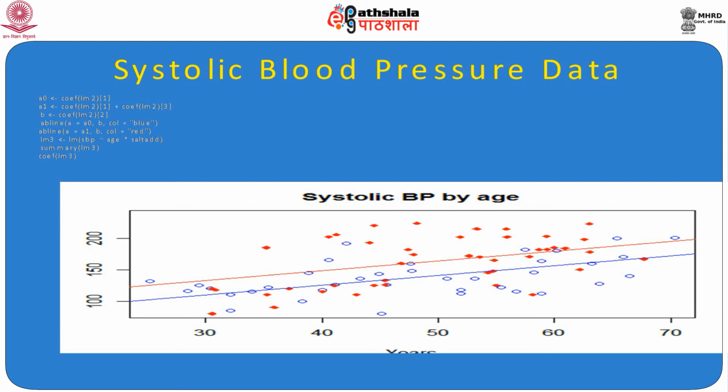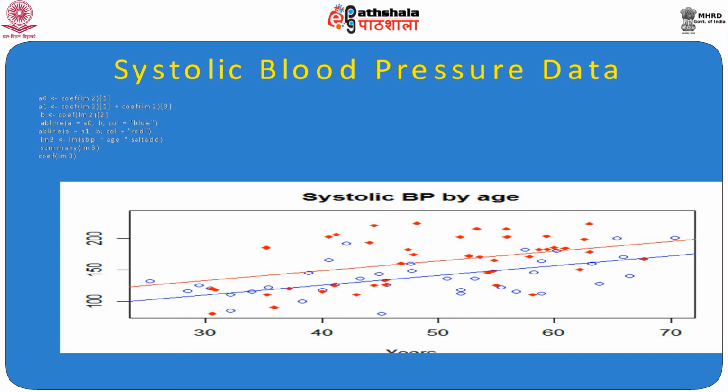Here we have seen one example on systolic blood pressure with age and salt added, and initially we conducted the study with graphical exposure. We found that as age increases, systolic blood pressure increases, but when we consider salt added as another variable in addition to age, we also found that with salt added, yes, the systolic blood pressure increases. Thereafter it was attempted to consider the stratified analysis, that is, the importance of considering stratified analysis.